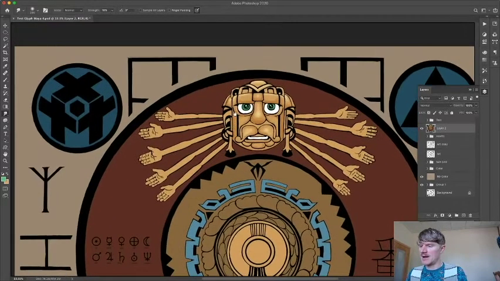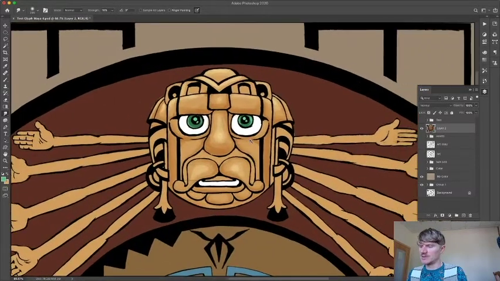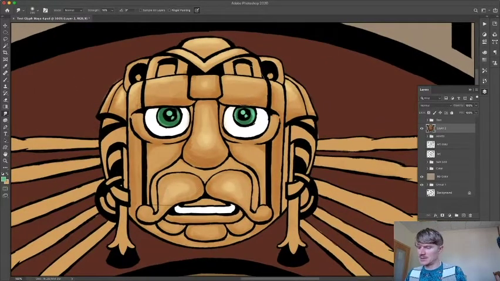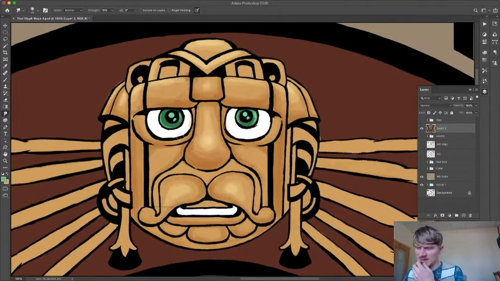So now what I want to do is go in. I have some different texture, I have shadows and highlights on this layer, but it does look a little strange, and there are some edges that I want to clean up. So one of the things that we can do is take this